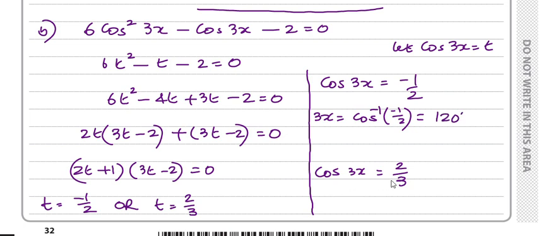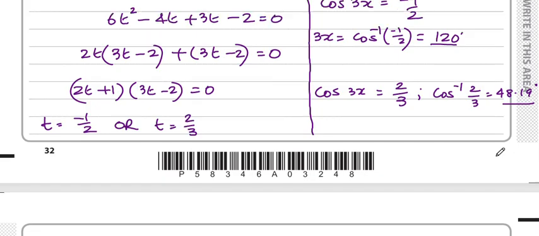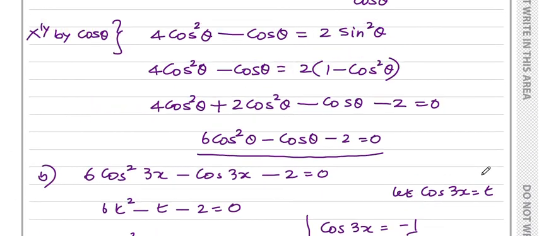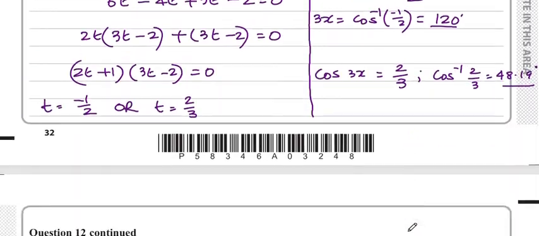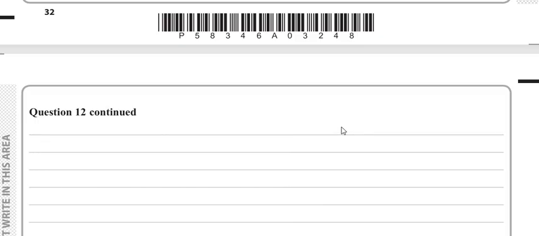Okay. And putting into calculator here, cos inverse of 2 over 3, I get 48.19 degrees. So these two are the principal values. But that's not the end of it, because we need to solve it between 0 and 90 degrees. So what we need to write here is, the original limits were 0